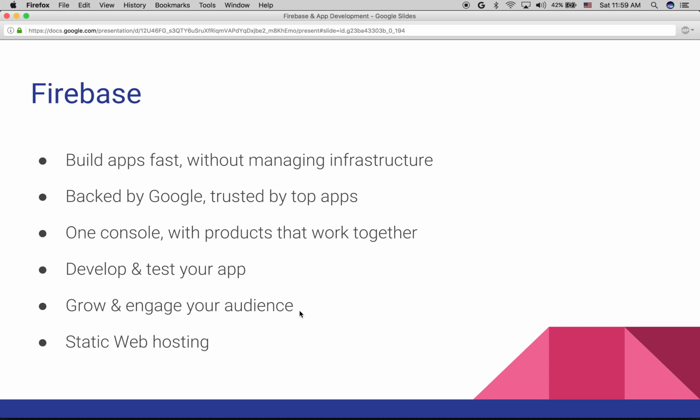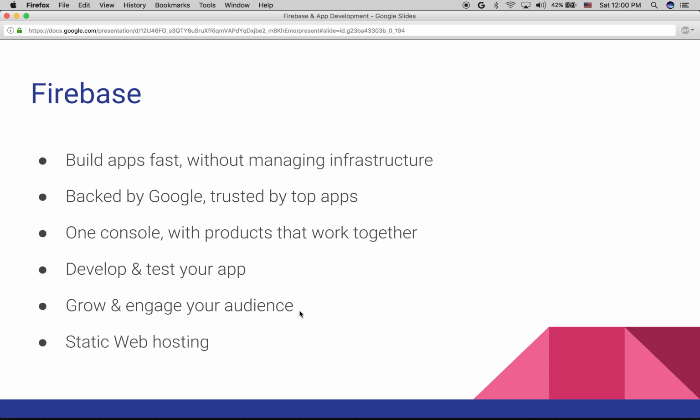Okay, and also testing. It's a very important thing: while developing, you develop the mobile app. After that, you need to test the app on multiple devices and make sure it's looking good and working well. For that you need to buy devices to test, or otherwise go to some other online provider who will provide devices to test on. You don't have to do everything. Firebase itself has a Test Lab. You can develop the app, use the Test Lab, deploy your application, and test on various virtual as well as physical devices on Firebase.